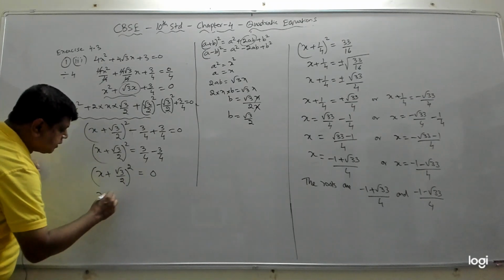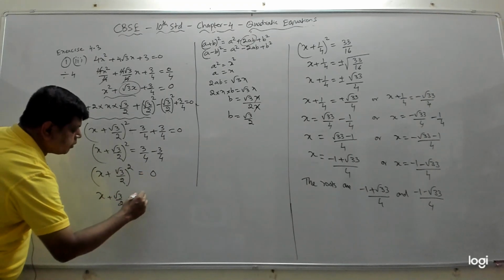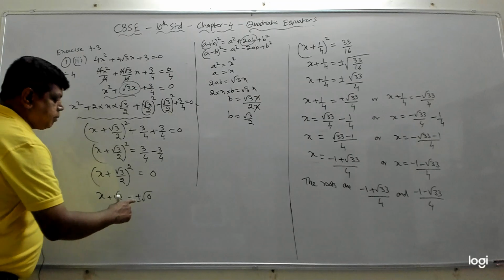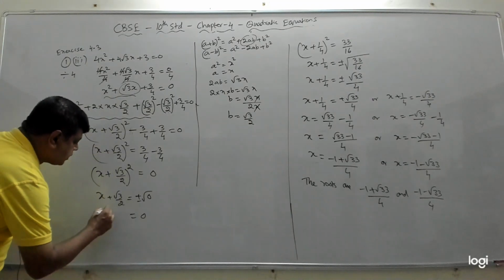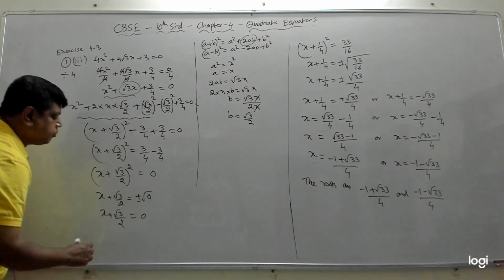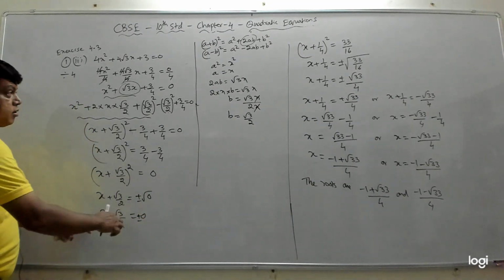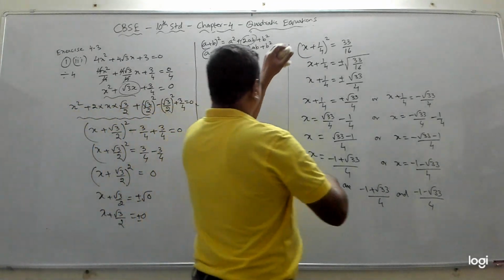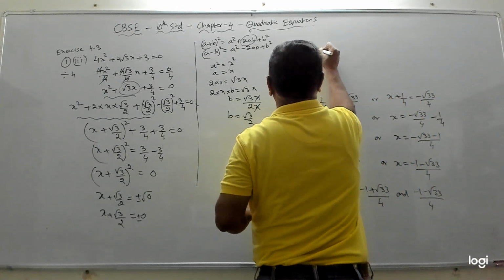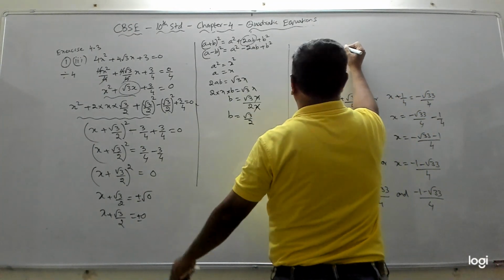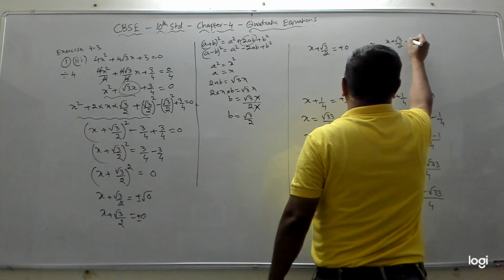So we get x plus root 3 by 2 equal to, the square will go this side, plus or minus root of 0. And plus or minus root of 0 is 0, because 0 does not have any sign. So x plus root 3 by 2 equal to, you can still put plus or minus, doesn't matter, right? Then this will branch out into two cases. What are the two cases? The first case is x plus root 3 by 2 equal to plus 0, which means 0 only, or x plus root 3 by 2 equal to minus 0.